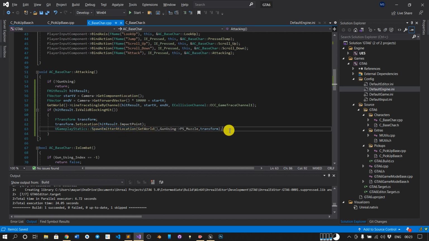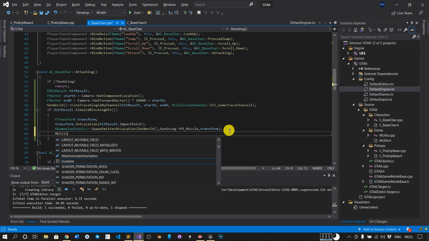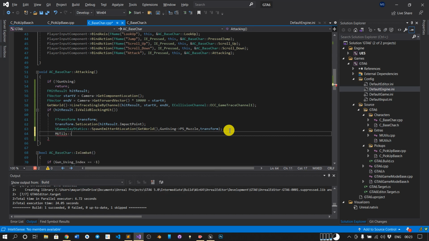Next, for the log we will specify the MUtils underscore. See, we have created the function for the helper. You can also put the UE log, but I am using this function.